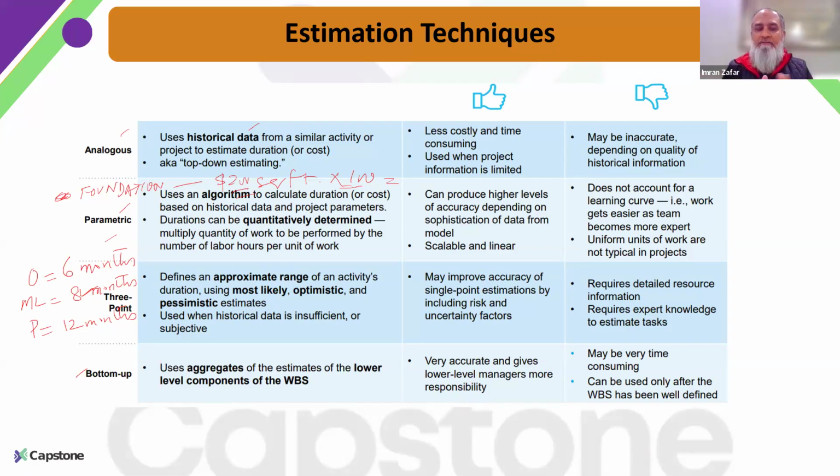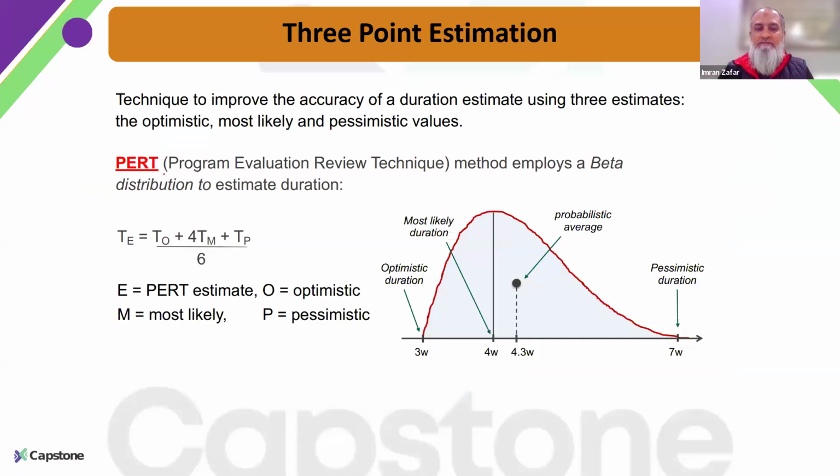Again, this is something very qualitative. You may be talking to different people, subject matter experts. You can be utilizing historical data from past projects as well, or maybe you are talking to your team members, or maybe your sponsor, and then you are getting these 3 estimates. So based on these 3 estimates, we then utilize this formula,